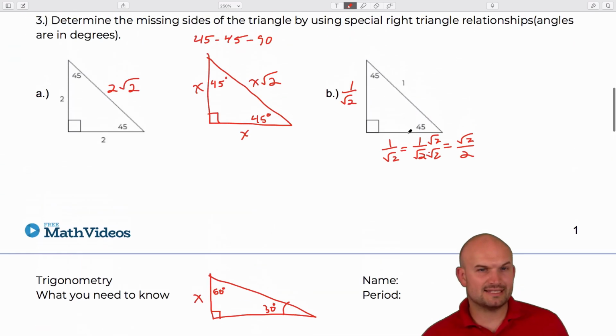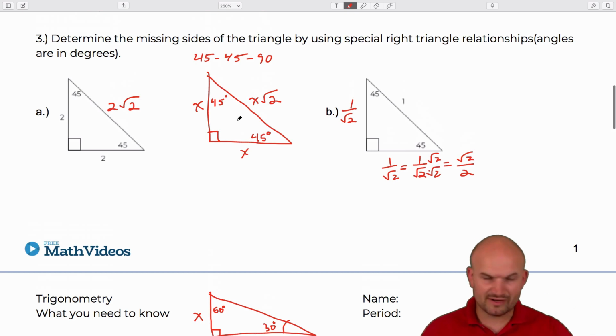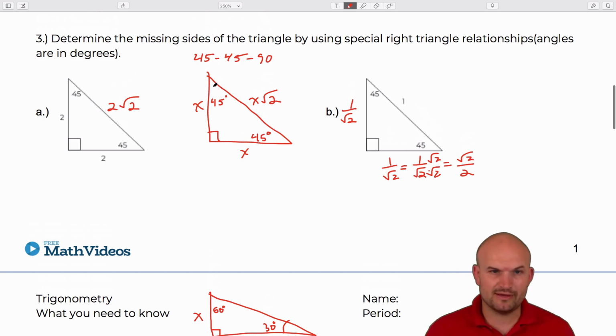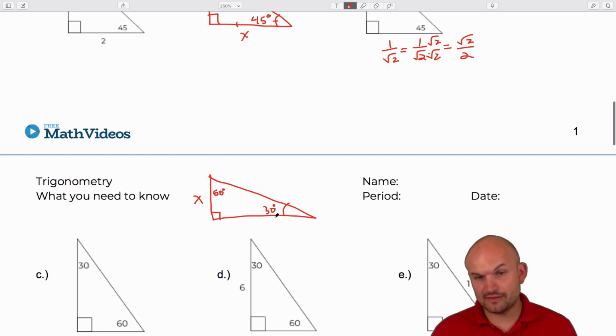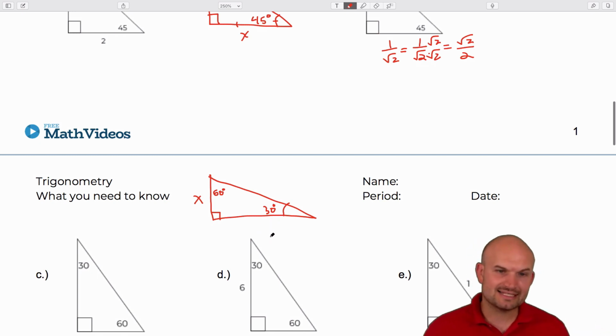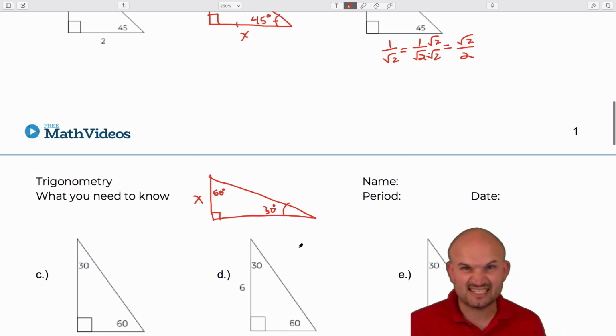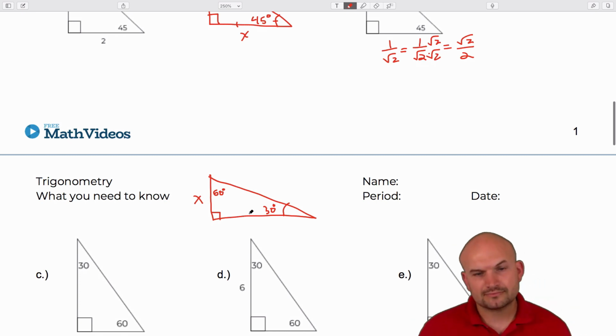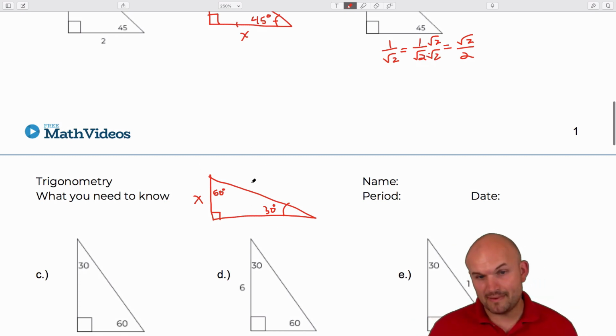It's important, and I didn't talk about this, that a 45, 45, 90 triangle is an isosceles triangle. That means you have opposite angles that are the same. You also have opposite sides that are the same. Well, that's not the same as a 30, 60, 90 triangle. It's not isosceles, it's not equilateral, it's a scalene triangle. So therefore, if you have x, the hypotenuse is 2x, and the length here is going to be x square